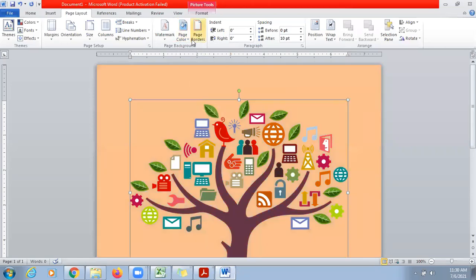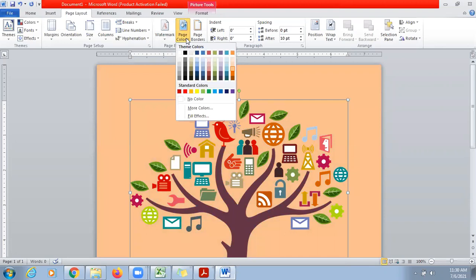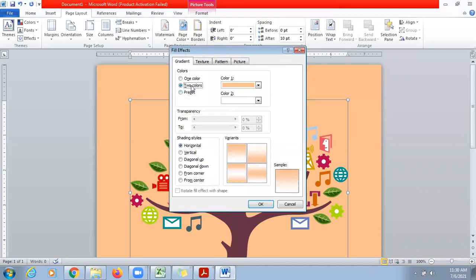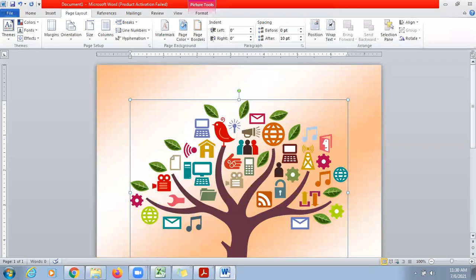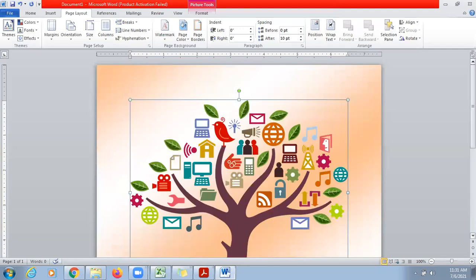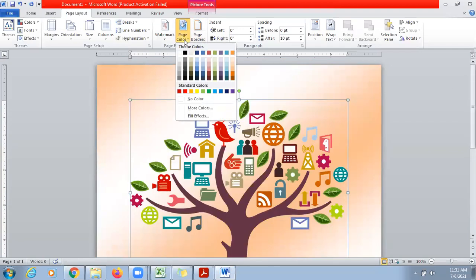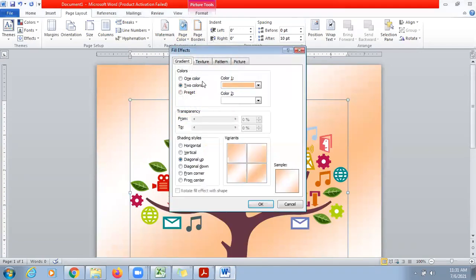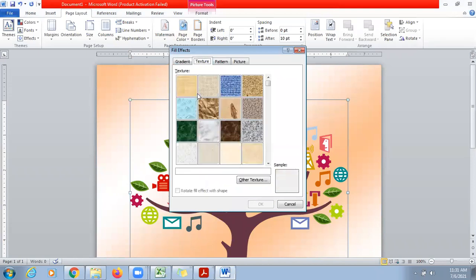Okay, this is one option. These are the simple colors which you can insert. The second option is Fill Effects. You can choose any two colors and make a pattern of them, for example in a diagonal way. So this is how your page will appear with two colors. The third option is to insert textures in the background.